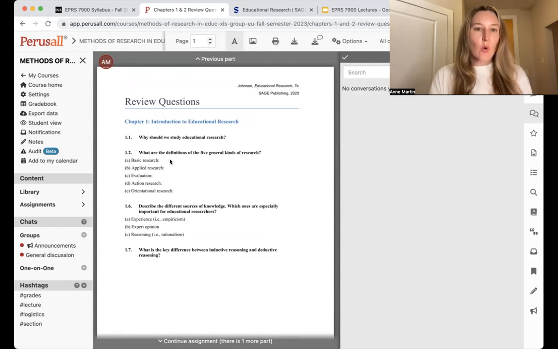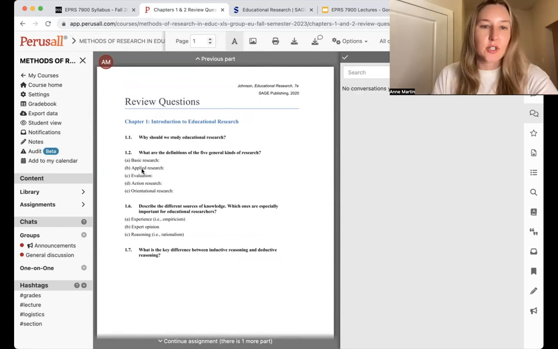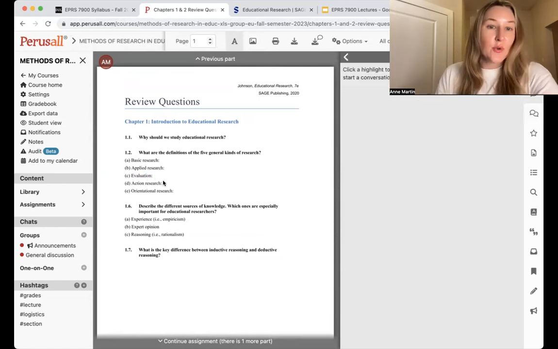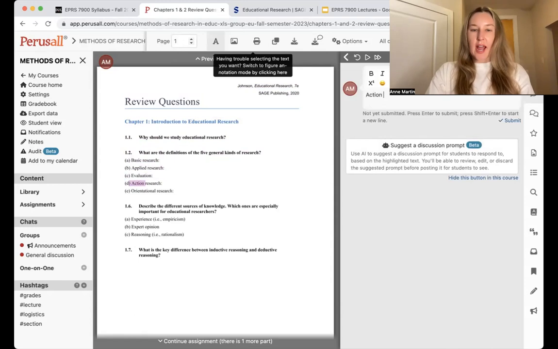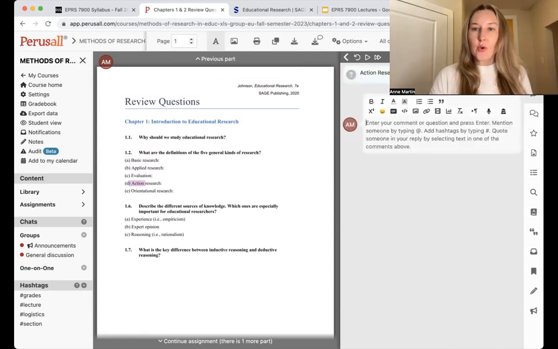has something to answer. So one of the questions here is, what are the definitions of 5 kinds of educational research? Well, let's say that you went ahead and read chapter 3 as your extra because you're interested in that topic. So if you wanted to answer this question, you would highlight action research and write your comment. Action research is... And then when you post your comment, everyone will see that it's connected to this highlighted